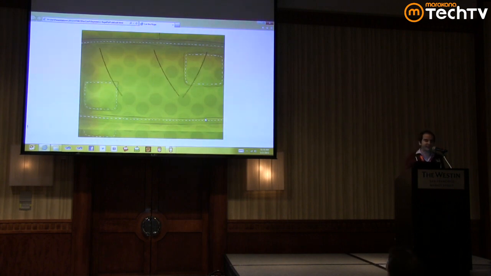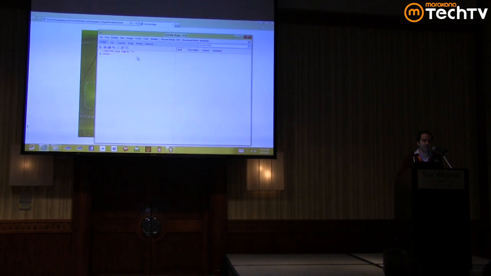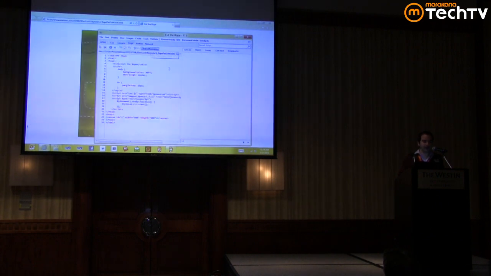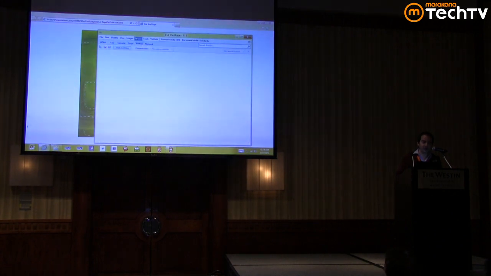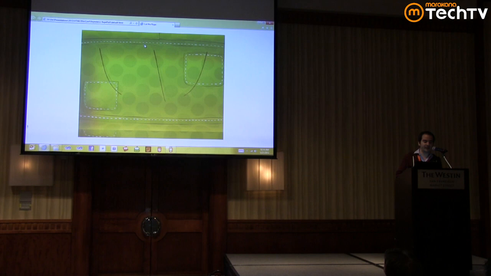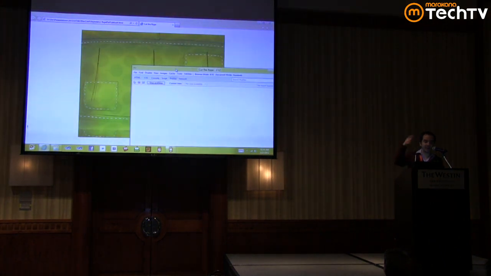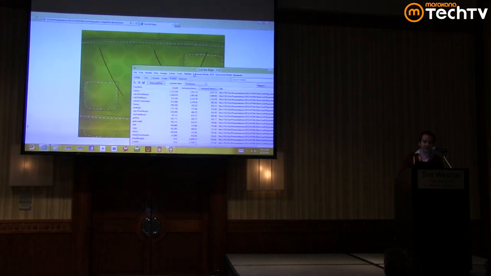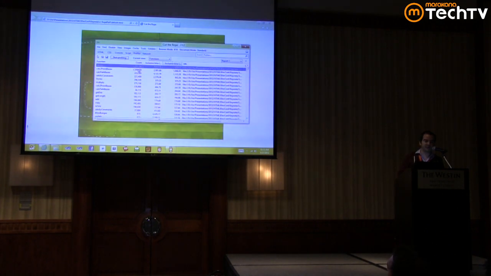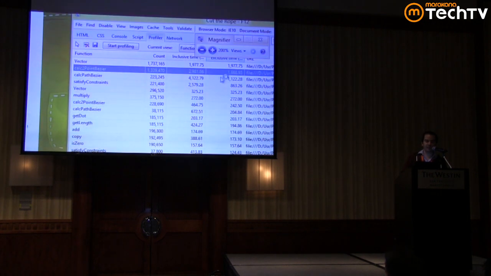But then I realized that if you use a JavaScript profiler, and most browsers have one now, we can profile this JavaScript. I'll show you what's going on behind the scenes. I'm using F12 to capture a profile session of the JavaScript. You will see that a lot of time is spent on vector and also on calc 2-point Bezier. This is where the JavaScript is spending most of its time. We're talking about 2 seconds just allocating vectors.